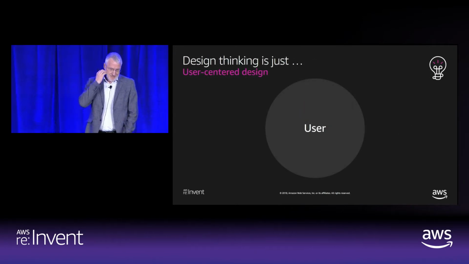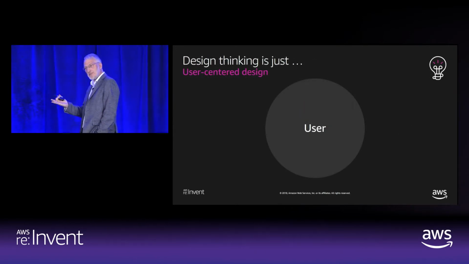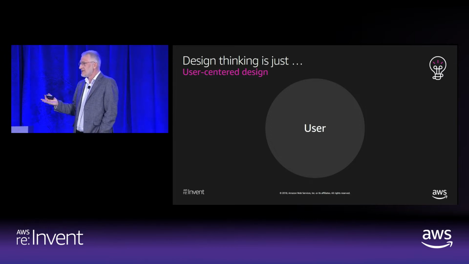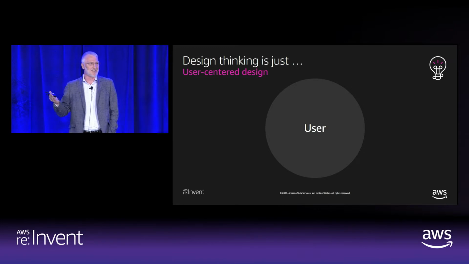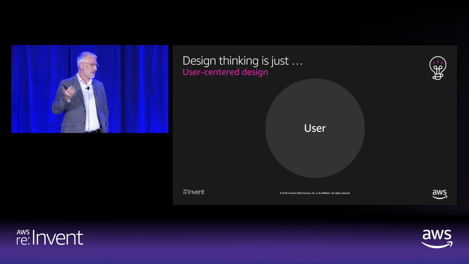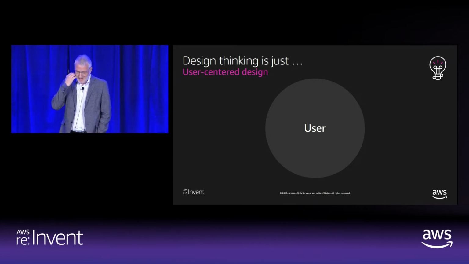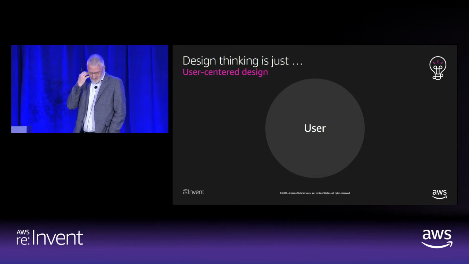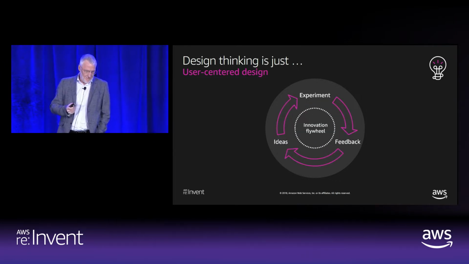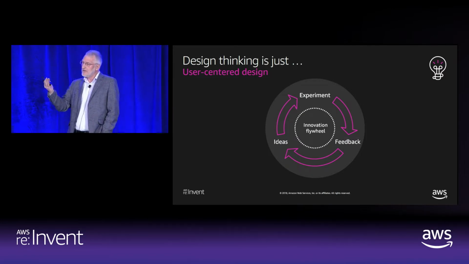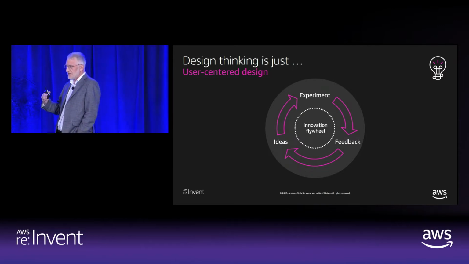So let's start with design thinking. Design thinking is customer-centric. But customer-centric is one of those terms that's been floating around for years and decades. In all product meetings, all product managers always say that they're customer-centric. But the idea is that you want to get insight from your customers as early as possible.